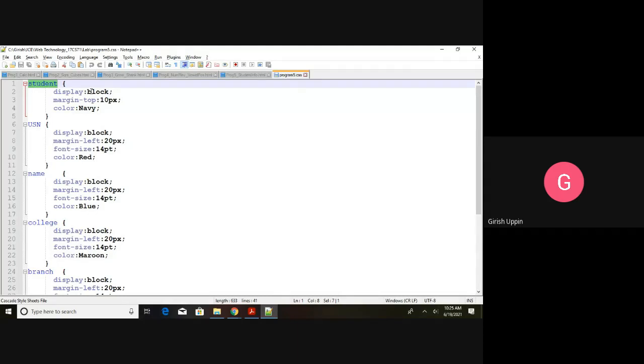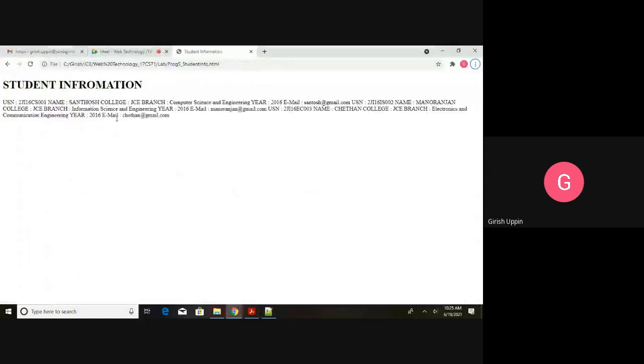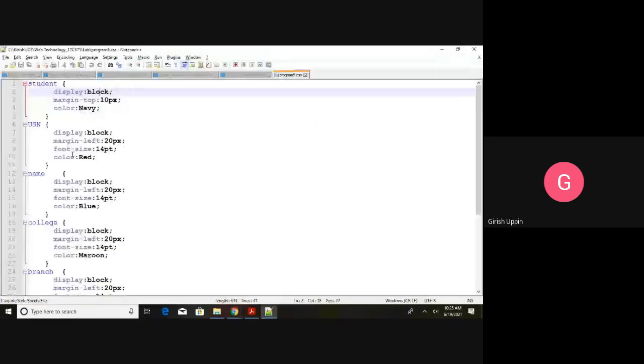If you remember, if I make a block element, it will be displayed on its own line. By default it is not a block, that's why you are seeing everything on the same line, all the width is used up, and it flows to the next line. So I am making it a block, so all of them are displayed on their own line.